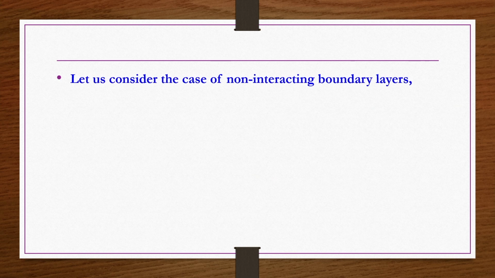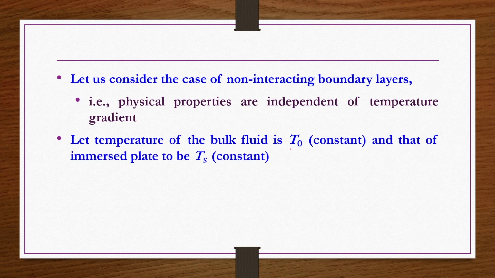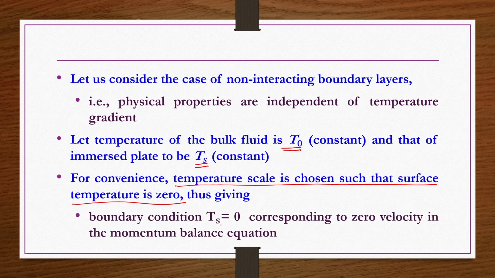Let us consider the case of non-interacting boundary layers, that is, physical properties are independent of temperature gradient. Let the temperature of bulk fluid be T naught, which is constant, and that of the immersed plate Ts, that is also constant. For convenience, the temperature scale is chosen such that surface temperature is 0, thus giving a boundary condition Ts is equal to 0 at y is equal to 0 location, that is corresponding to 0 velocity along the plane. So, that we can have an analogous development and it will be easy,